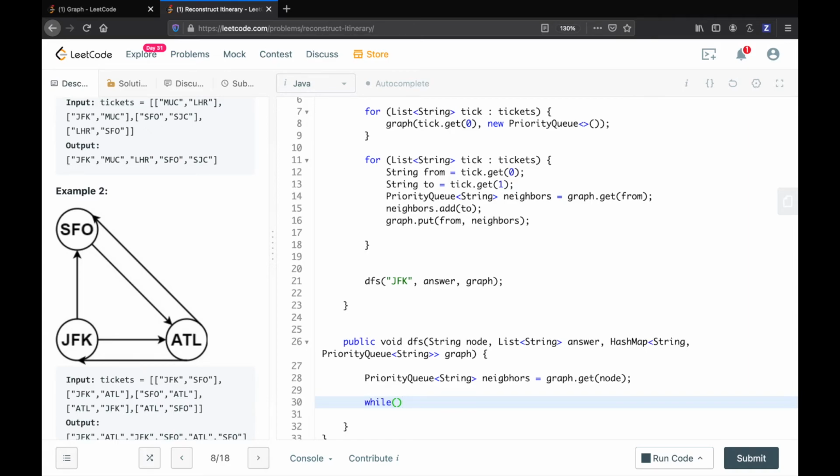And what are some conditions that we need? Remember, we pull from our neighbors, and after we pull from the neighbor, that is going to be the node that we're actually going to DFS on. So at some point, we know that our neighbors is going to have a size of 0. So while our neighbors dot size is greater than 0,